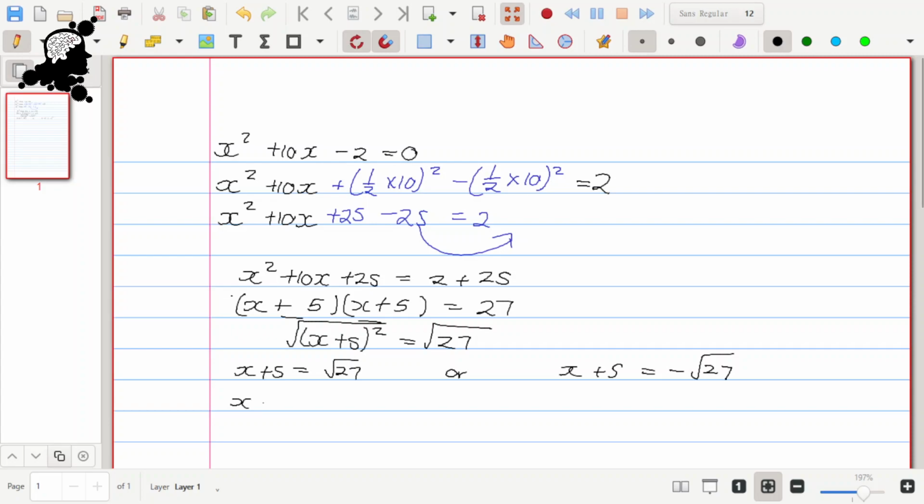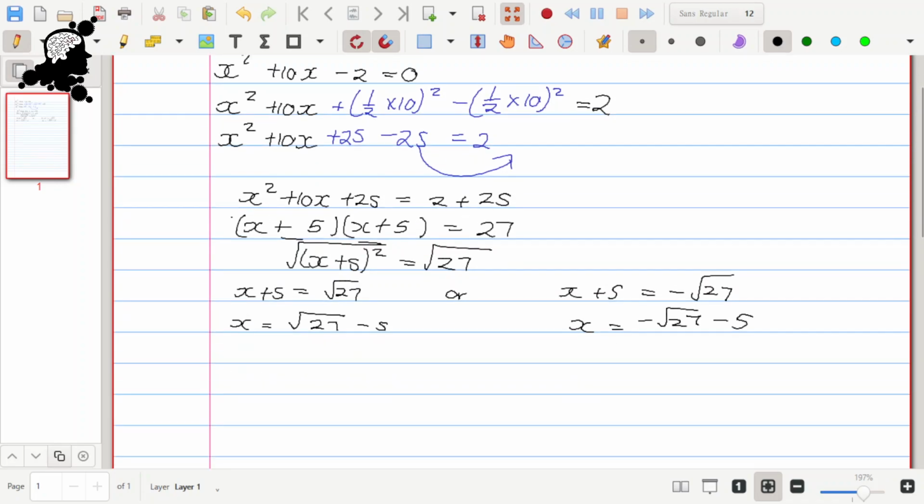Now I'm going to say x is equal to the square root of 27 minus 5, or x is equal to, take the 5 to the other side, you've got negative square root of 27 minus 5. All right, if we simplify the square root of 27 and leave it in simple surd form, this